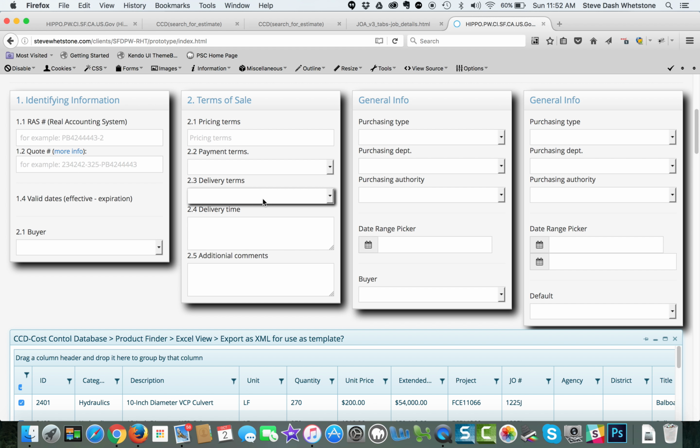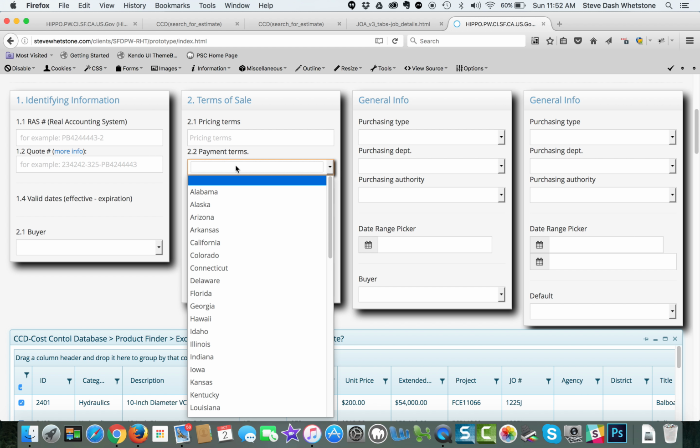I like this. Look, you've got the hover over effect. So when you're in a field, it visually reinforces that you're in this field. This just creates fewer...